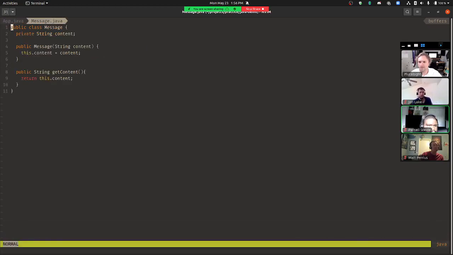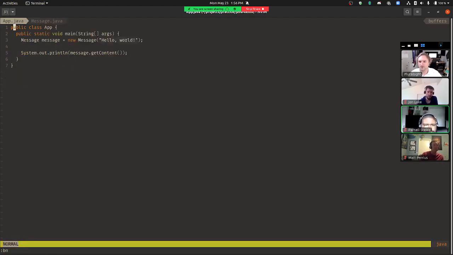I have two classes. This message class takes in a string, saves it as a property, adds a getter for it. The entry point of the app makes a new instance of that message, and then prints the content of that instance.